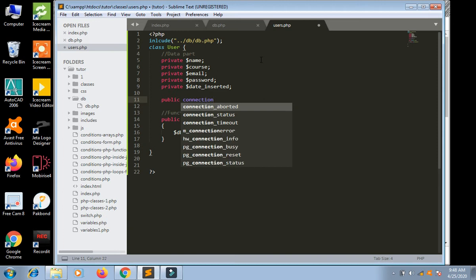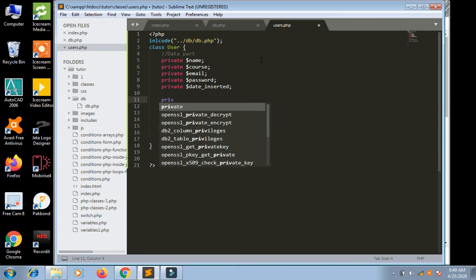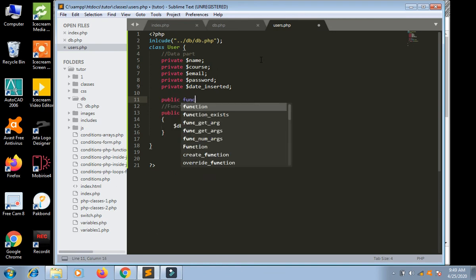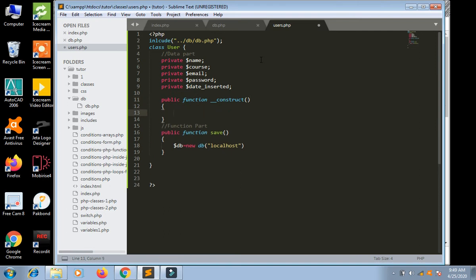Public function connect. Maybe this is better if we use public function underscore underscore construct, and it will save all the data when the object is created.